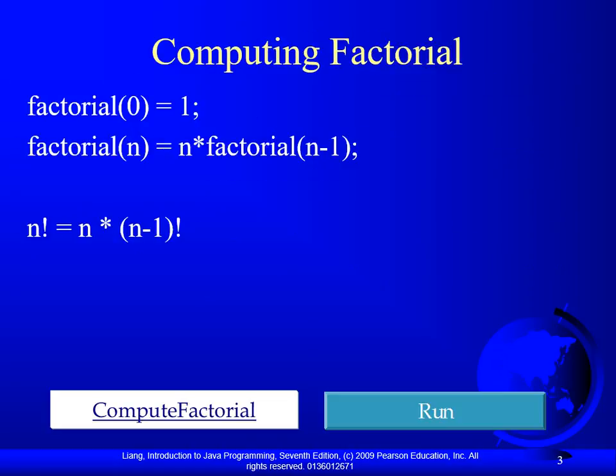All right, so we have factorial. We started out with the mathematical definition of factorial. We have factorial of 0 equals 1, and we have factorial of n. Of course, based on the mathematical definition, it is n multiplied by factorial of n minus 1. So basically, n factorial can be defined recursively as n multiplied by n minus 1 factorial. Okay? Now,